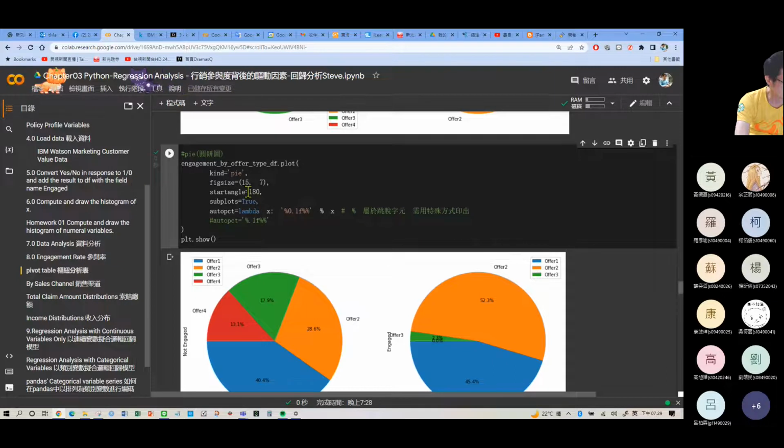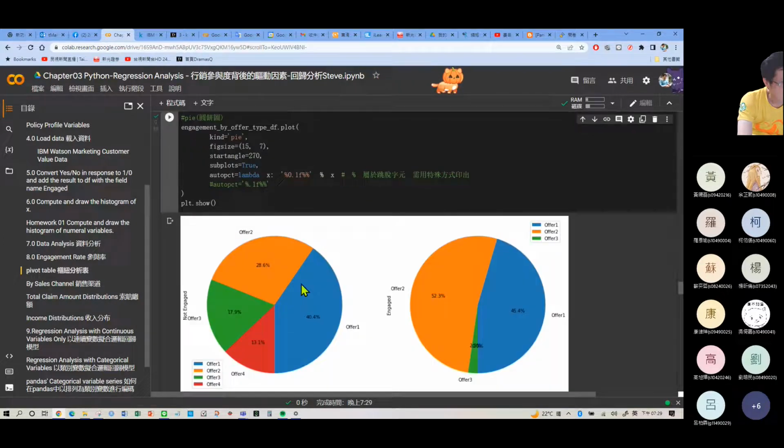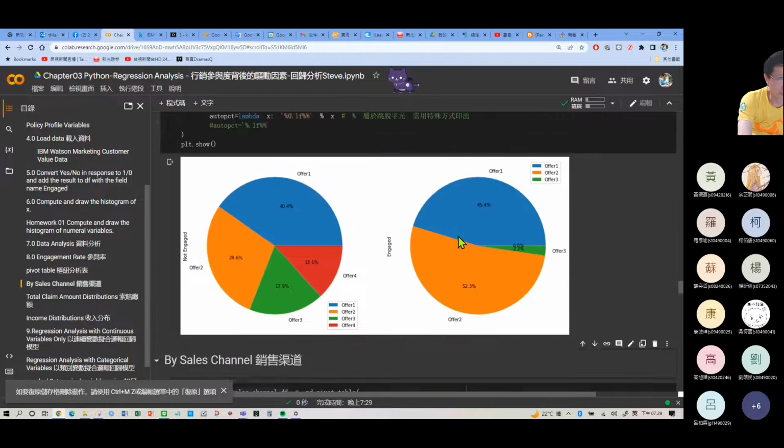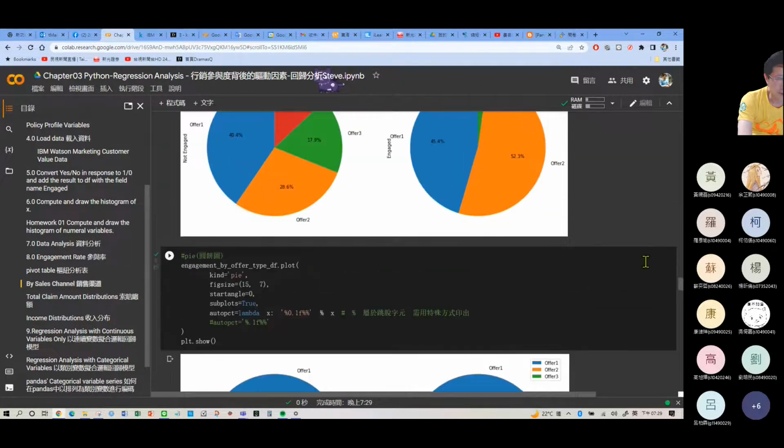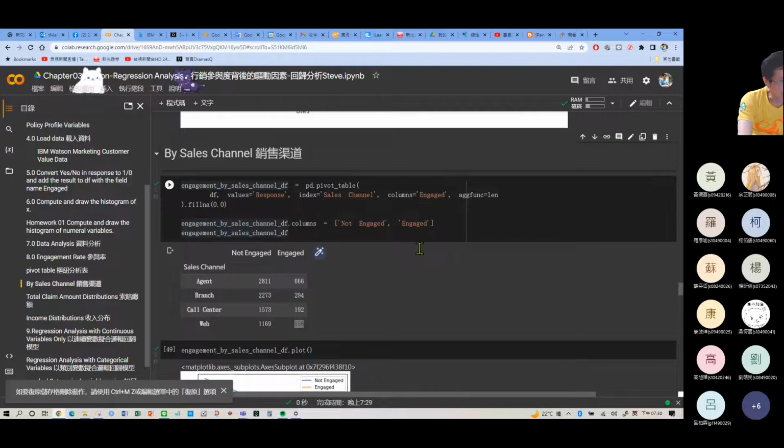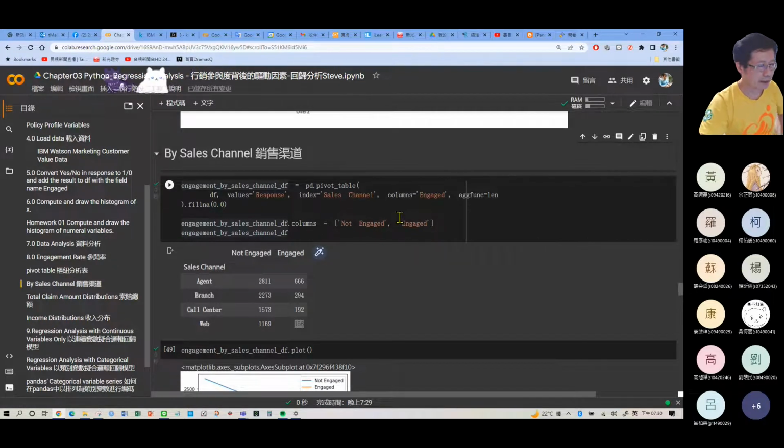If you use 270, it will use this position to start, from here all the way to here, 270 degrees, 270度。好，这个就不要了，删掉了哈，有一个就好了。